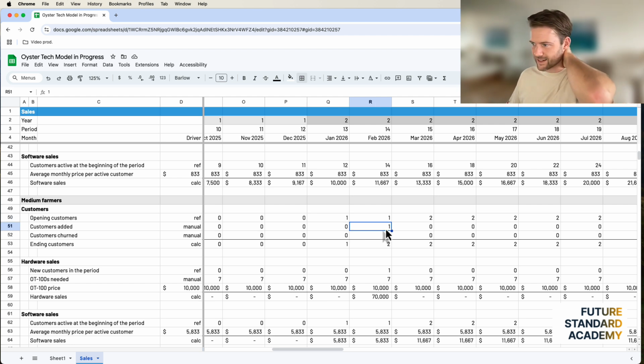And there's going to be the second customer here. Why is there a second customer there? Because the company, Oyster Tech, is going to be ready to take on more at this point in time once they've completed their pilots by the end of 25. This customer here, the new one, if anyone said, well, where does that customer come from? How can you be sure? What I would say is that your sales funnel is what's going to drive this.